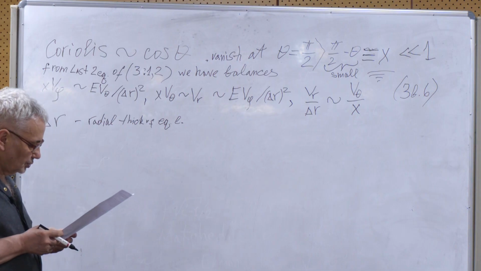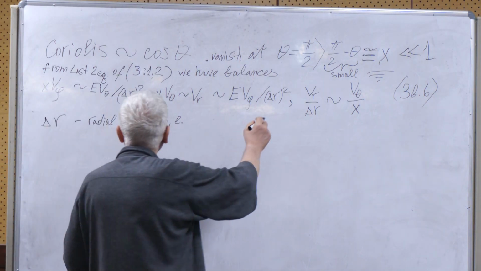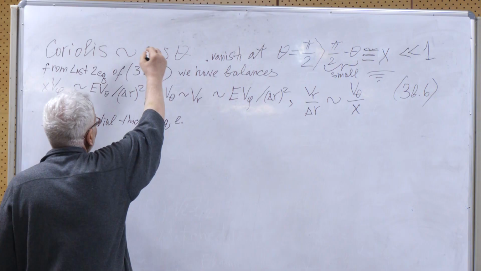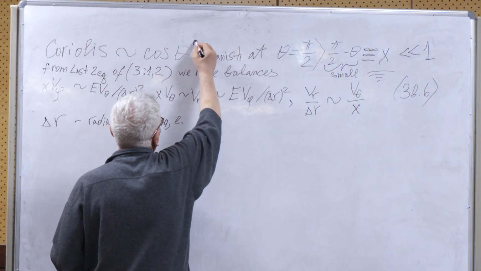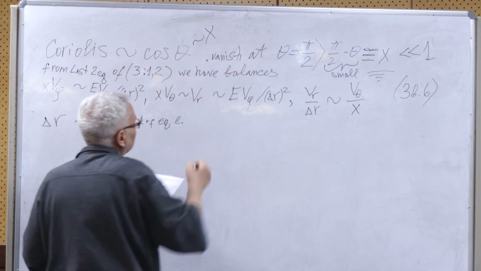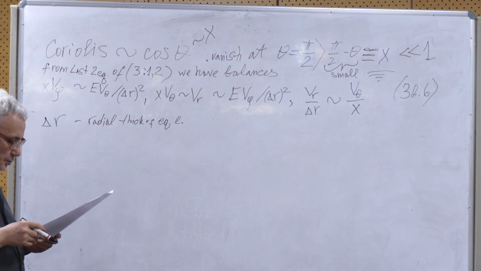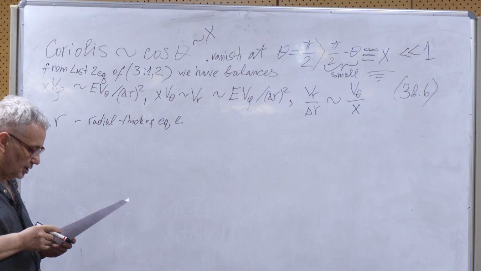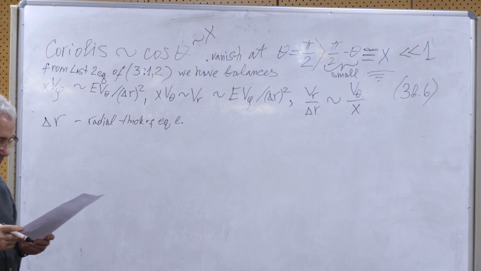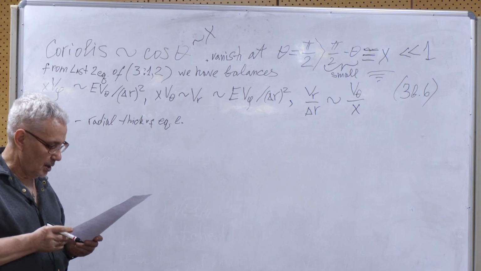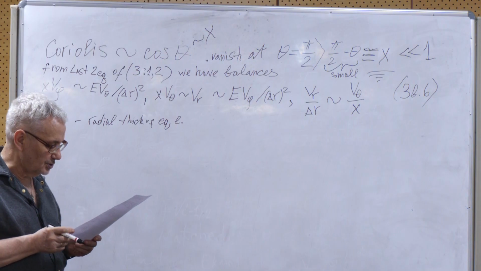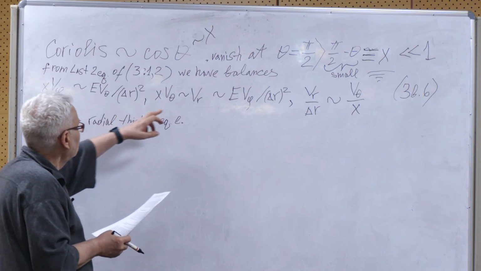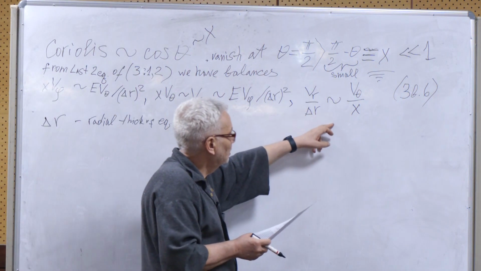When the Coriolis force is proportional to x, in other words to theta, and when it vanishes at the equator in the left-hand side of the latitudinal equation, the latitudinal pressure gradient remains for the balance. And the second and third balances in 3.6